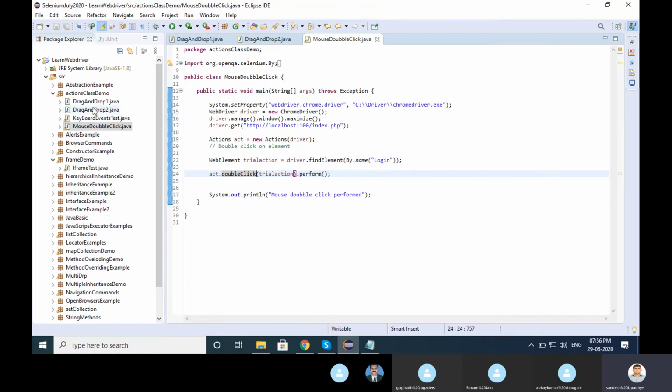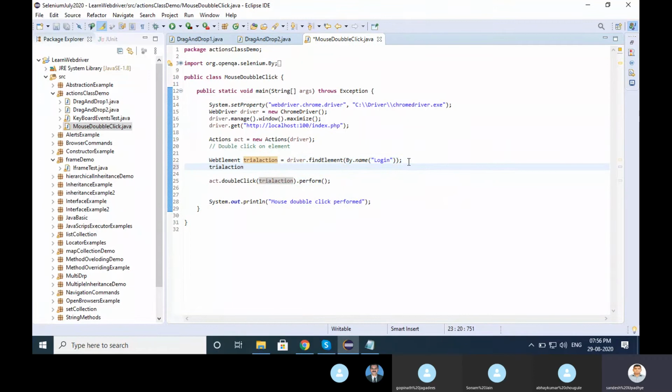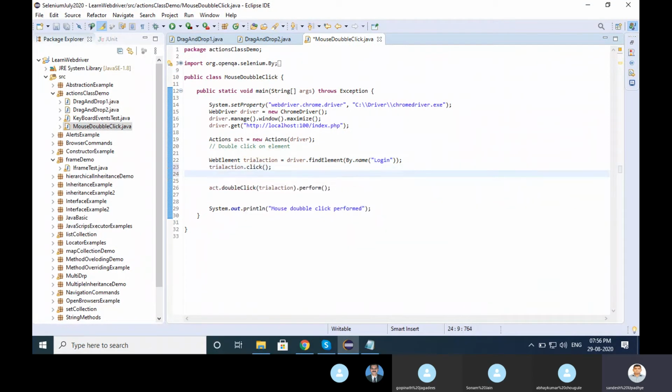Even then, if you don't want to use double click, what you can do is pass click, dot click, and perform the same thing twice. Both are the same. But here, the click and click will not happen in a very quick manner.